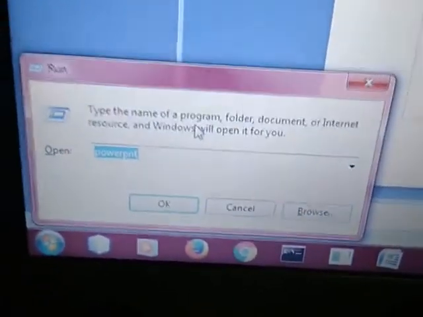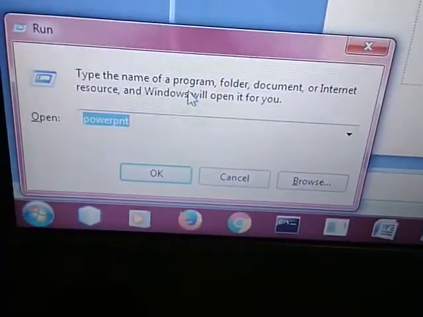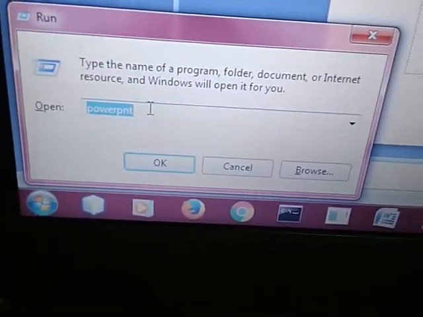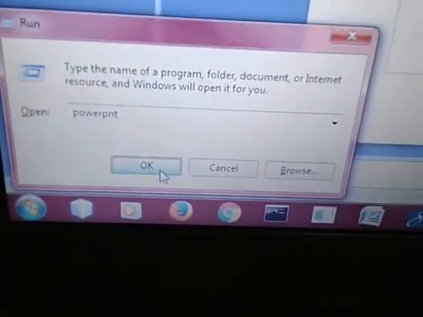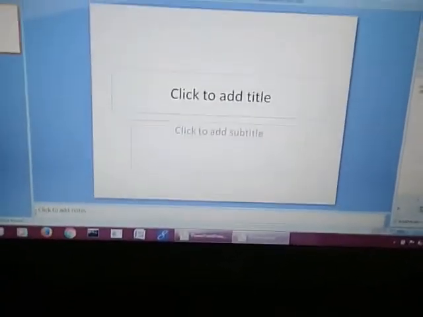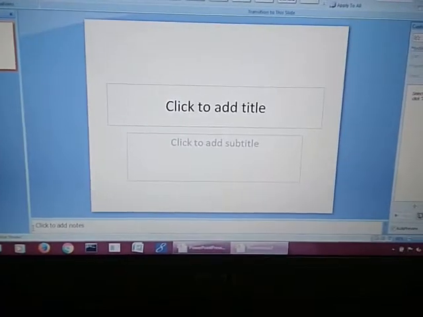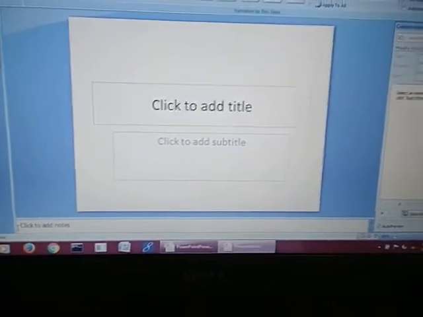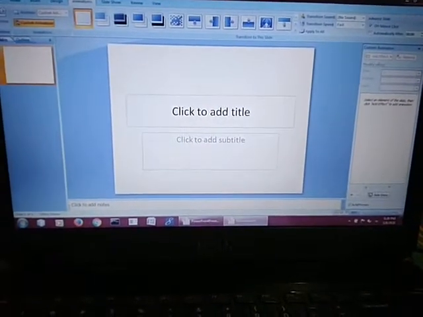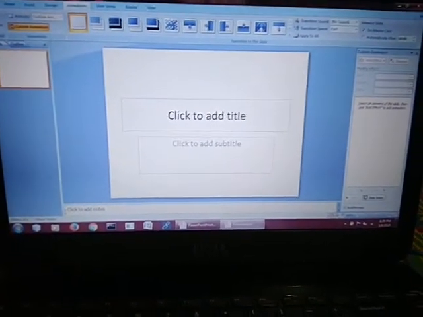In this dialog box you have to write powerpnt. What you have to write? You have to write powerpnt. Then click the OK button. See, the same interface you are finding after doing the same thing with the help of the Run dialog box. Again a PowerPoint presentation has been opened.